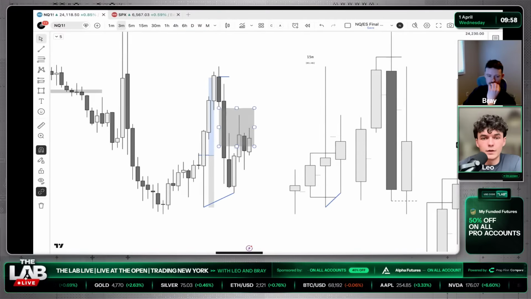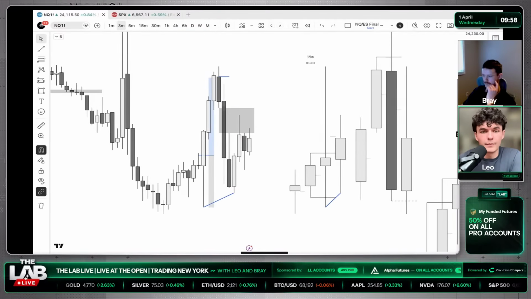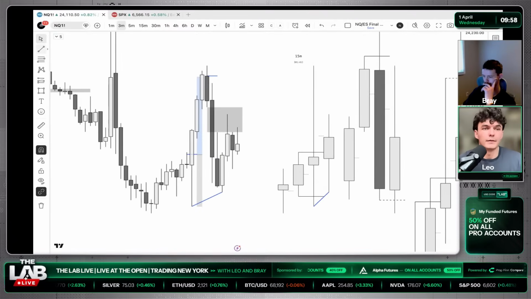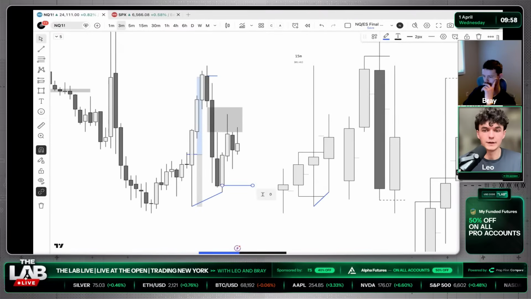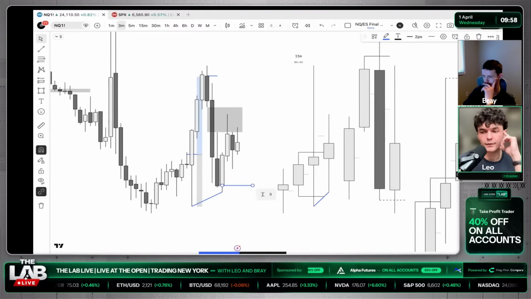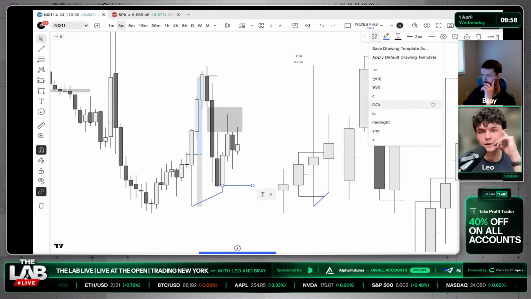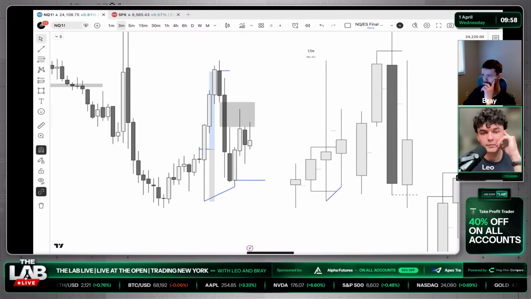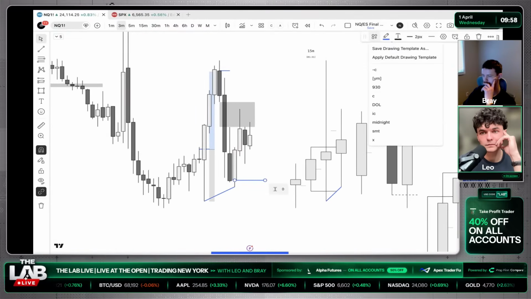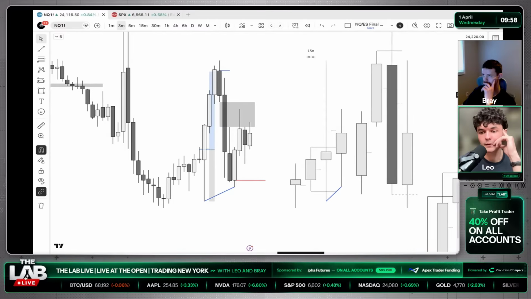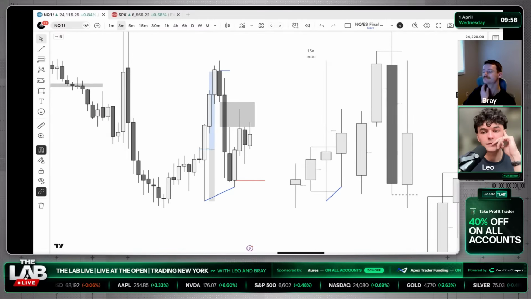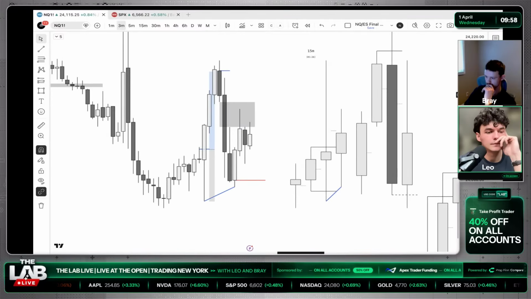All right, so we're getting a strong 3 minute reaction from this fair value, but if we want to see price continue lower, I'm going to need to see a closure below 24,065. If not, I'm not really game for it. But 10 o'clock here is in about a minute and a half, so we'll wait until 10, see what happens.